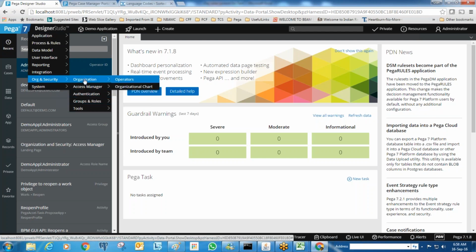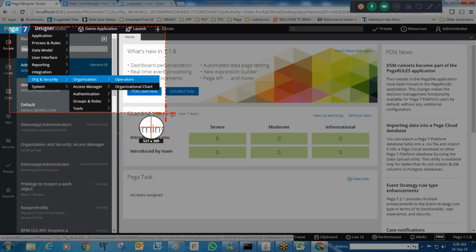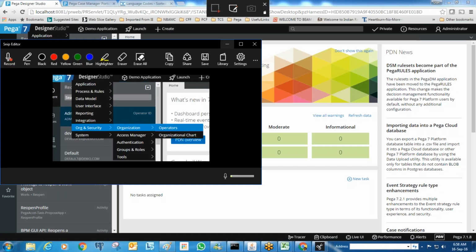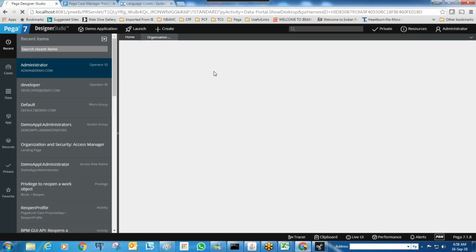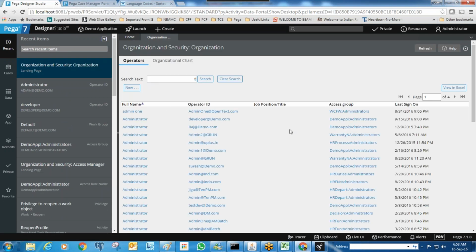org organization operators. You can see operators are there. This will be useful to know all the operators. Org security, organization operator. When you click on the operators, you can see this is the landing page for the operators.